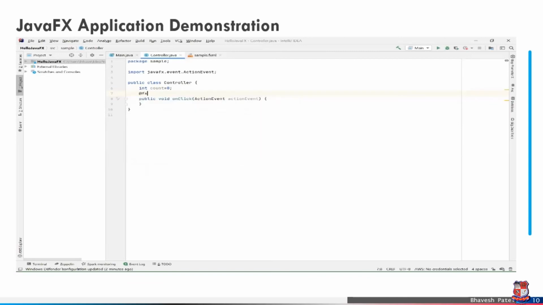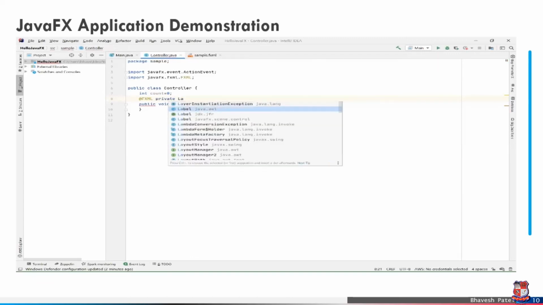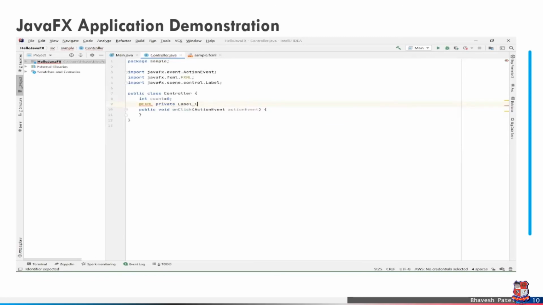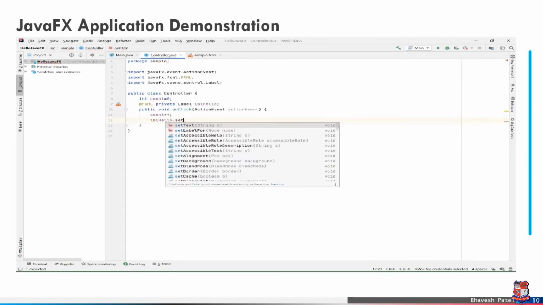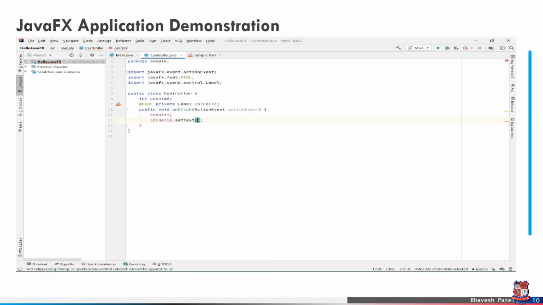Add @FXML, private Label lbl hello, from the javafx.scene controller. Then count plus plus, and lbl hello dot set text, and the count, click.